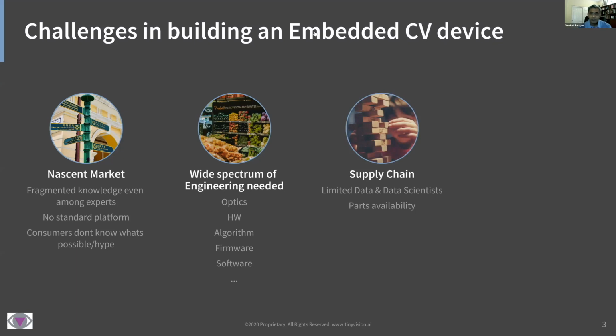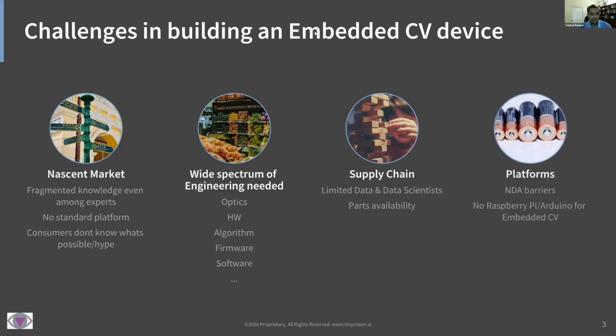Because it's a new field, the large players really haven't come in yet. And so getting parts and getting access to the talent is difficult. Similarly, there are NDA barriers everywhere you go. If you want access to a particular type of inference engine, it's not something you just go to DigiKey and buy. That's just not there yet. Very few companies actually have non-NDA data.